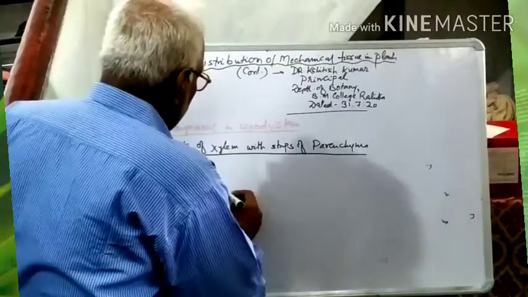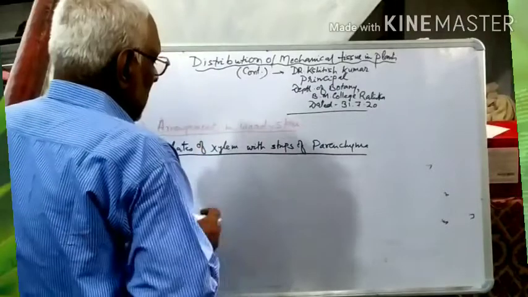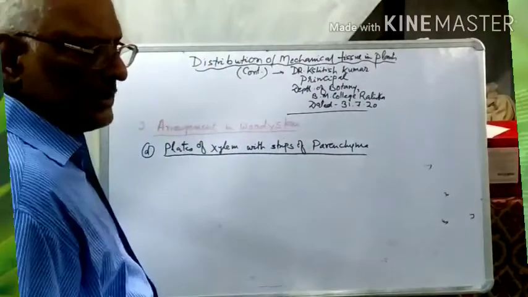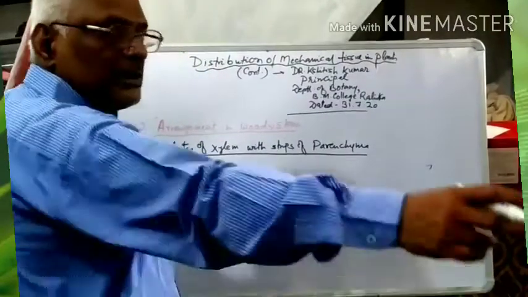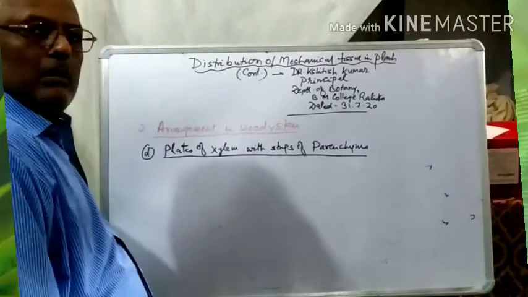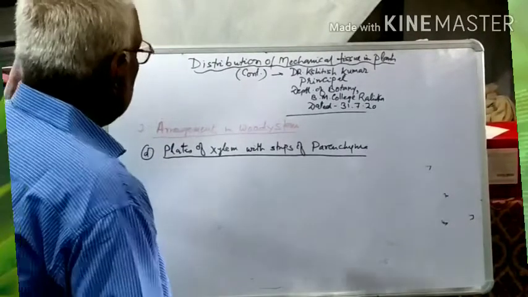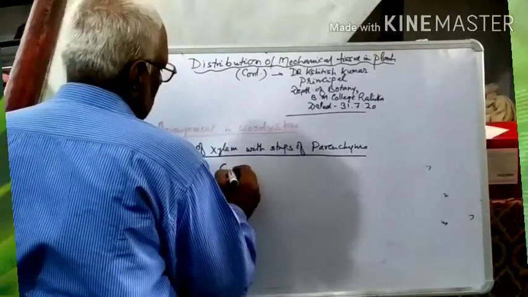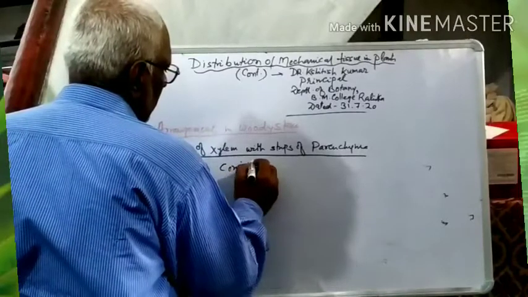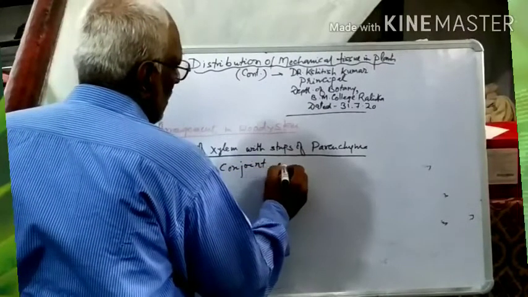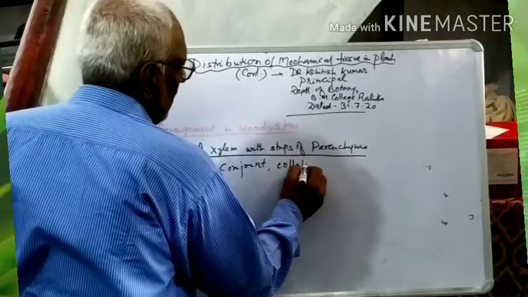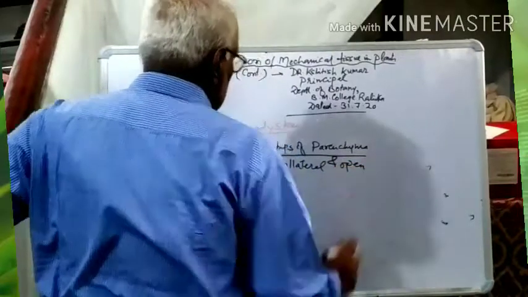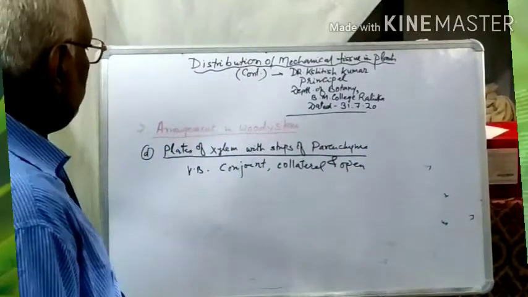In a plant like Begonia, the vascular bundle is conjoined, collateral and open, but at few places